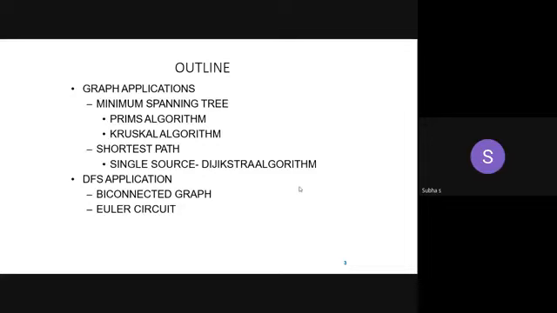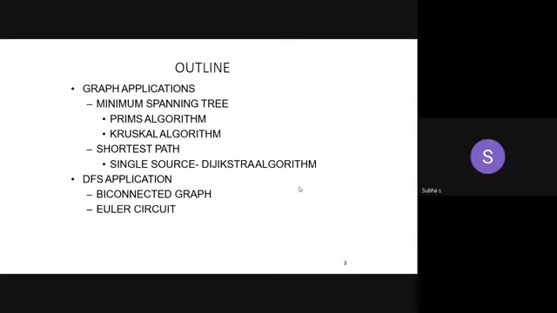And then another important application of graph is finding the shortest path. As told, I want to move from one city to another city. I have to pass through many different places in between. Or I want to move from one state to another, from Tamil Nadu to Kerala, like that. To reach a particular place, obviously I will find the shortest path because it will save time and it will save my cost. Both time complexity and space complexity are very, very important. We have to consider them for each and every application. And also cost is very important. So for those things, we can apply graphs.